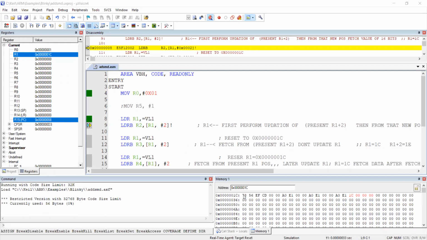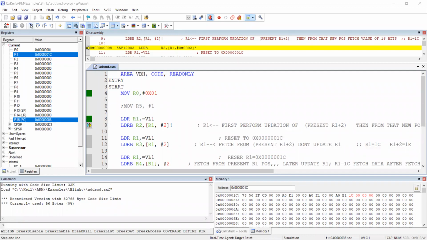Means what? 1C is 78, 1D is 56, 1E is EF. So it will take EF and load onto R2. What will R2 be after execution? Right now, before, R2 equals 0, and after, R2 will be equal to EF. This is what I am expecting.